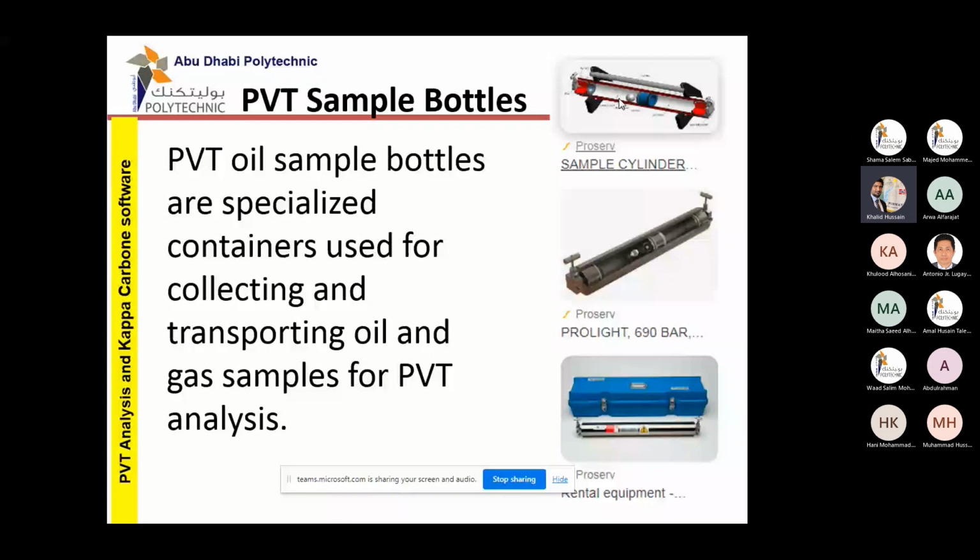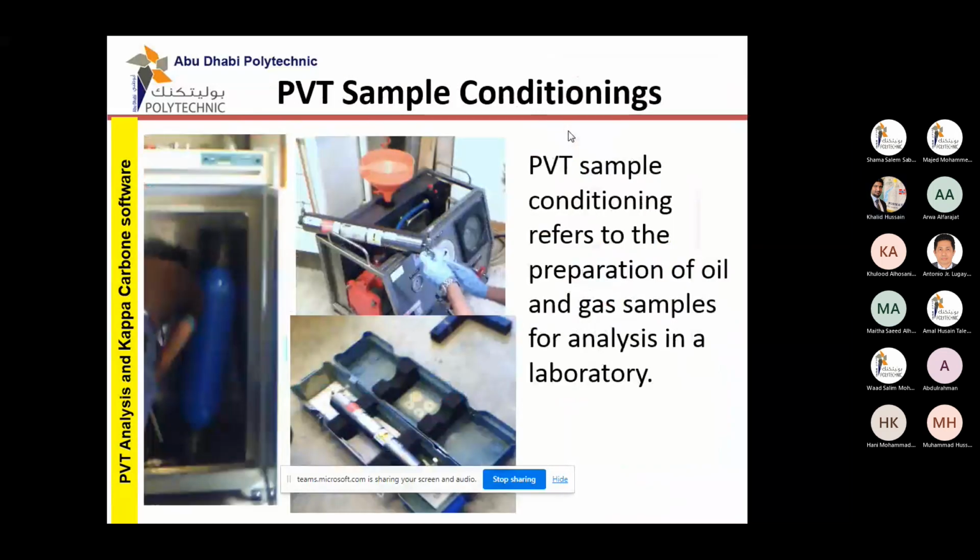This bottle can handle up to 1,000 bar pressure. 1,000 bar pressure means 14,000 psi, so extremely high pressure. Normally, PVT lab companies don't own these bottles; they prefer to rent them because there is a high risk involved in these high pressure bottles. Once we collect the sample, we do the conditioning, and after the conditioning, we can start the